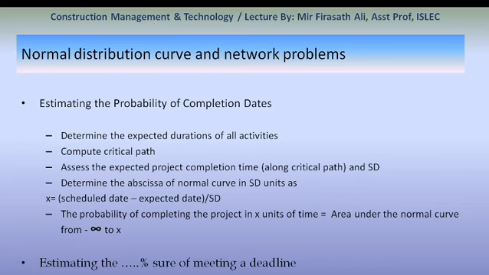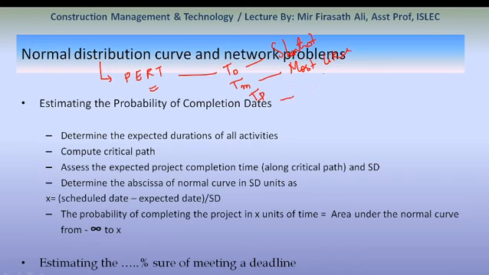In the beginning we discussed the normal distribution curve. Normal distribution curves talk about optimistic time and pessimistic time. This normal distribution curve we follow in the PERT method, PERT: program evaluation and review technique. In previous classes we have studied T naught, Tm, Tp. T naught is nothing but the optimistic time, the shortest time. Tm was the most likely time.